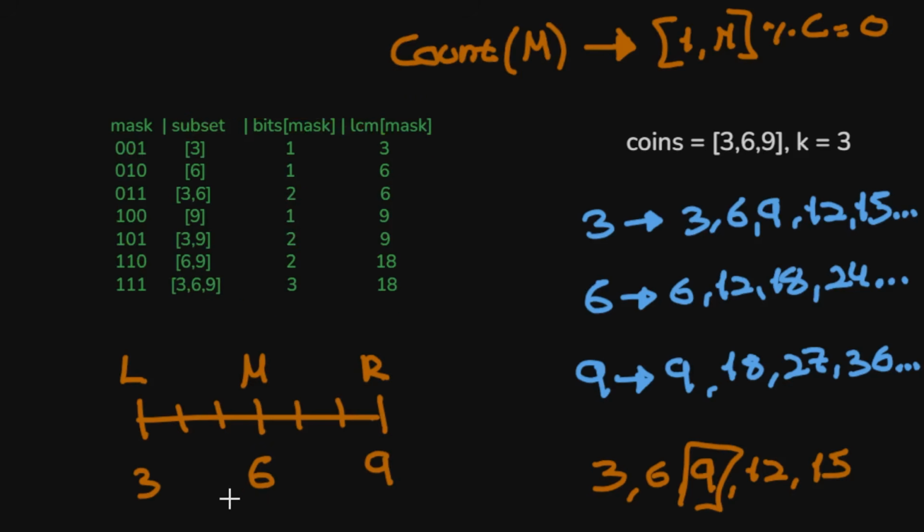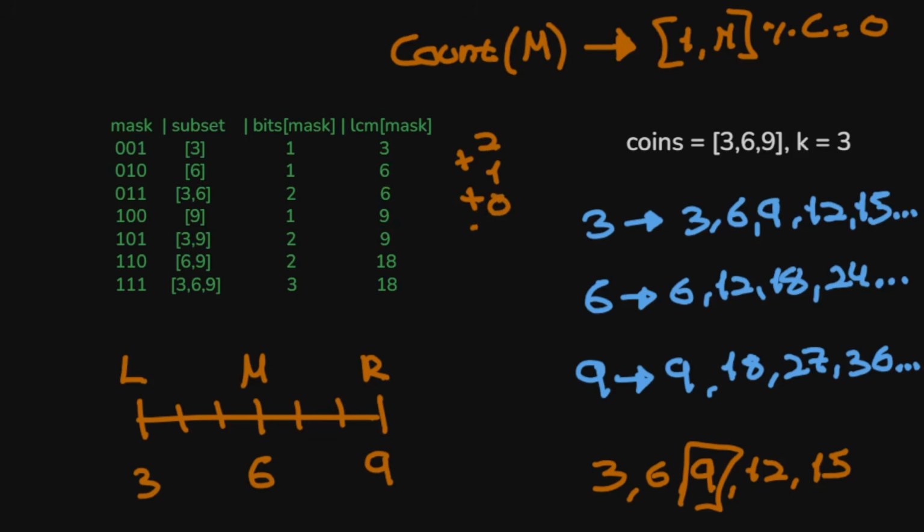Going back to the problem, here we are calling count with 6, which means that we are looking for the number of amounts that we can build in the range from 1 to 6 that are divisible by at least one coin. So first we add the contribution of unique elements. We do this by taking 6 divided by the corresponding LCMs. 6 divided by 3 is 2, plus 6 divided by 6 is 1, plus 6 divided by 9, the result